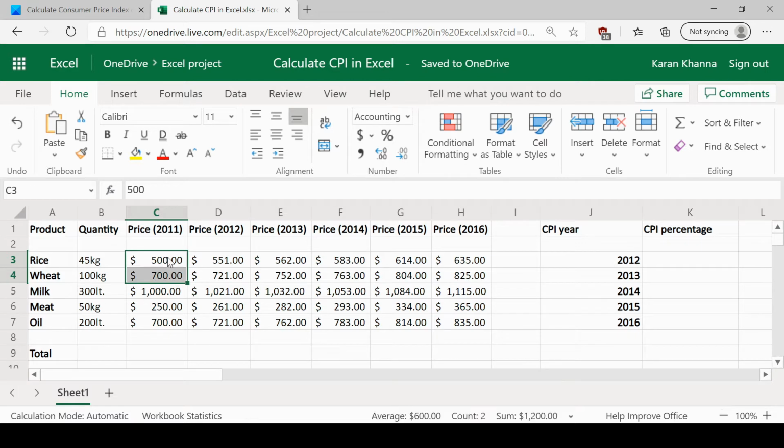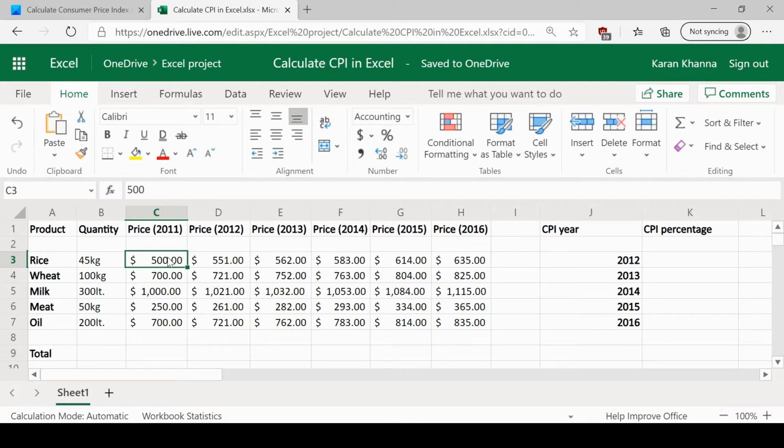For example, if we had to calculate general inflation from one year to another year, this could not be done by considering the inflation in the price of one single commodity, and the inflation in prices of different commodities could vary steeply. So the best way to find inflation is to consider it over a basket of commodities.